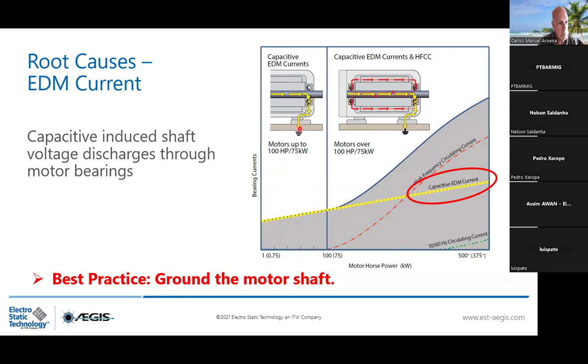Very important. As we are dealing with high frequencies, it is highly recommended to install a high frequency grounding strap which has a flat surface, because we know high frequency currents like to travel through the surface because of skin effect. So from the first kilowatt of the motor up to 75 kilowatt, you only need an AEGIS ring to place on the drive end or the non-drive end, depending on the configuration of the